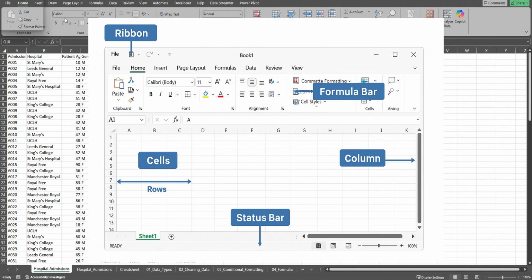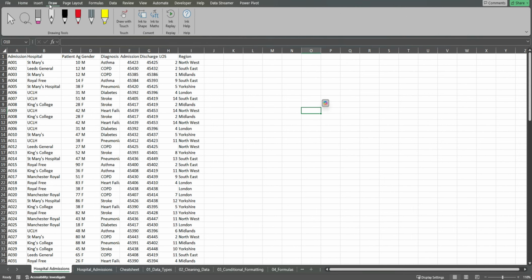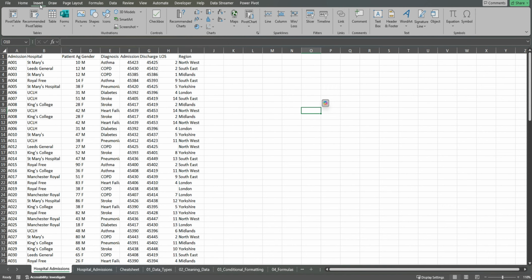At the top, we've got our ribbon, which breaks down a lot of the functionality that Excel contains. If we click through the different tabs of the ribbon, I'll try to highlight the specific ones that are more utilized in the healthcare analytics space. In the Insert tab, you've got your charts and your pivot tables that are heavily utilized. You've got a new connection into Microsoft Forms, which is really, really good. And then you've got other aspects like headers and text boxes that can be utilized to make your workbook more